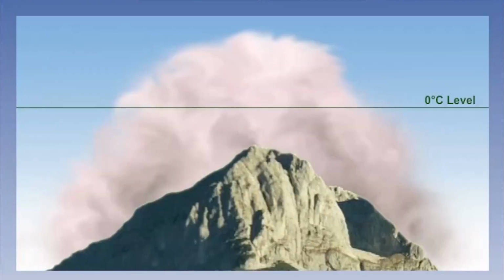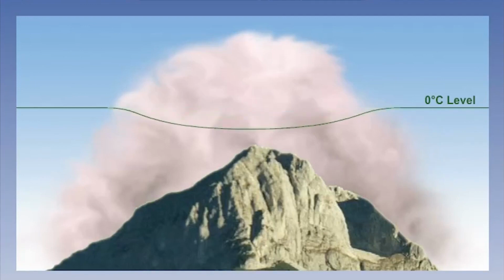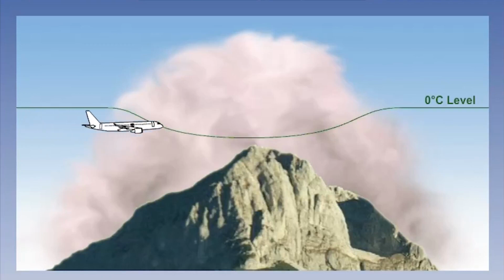There is another effect that high ground can have on the icing risk. In stable air, hills can actually lower the height of the 0-degree level, especially when there is snow cover. In the diagram, we can see that around the high ground, the 0-degree level is a little lower. Pilots, when approaching hills,